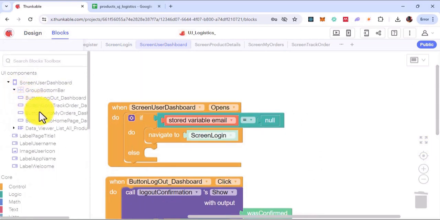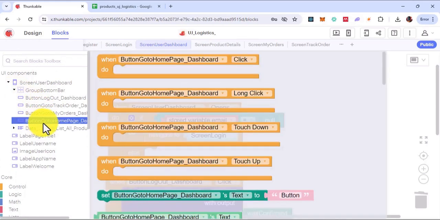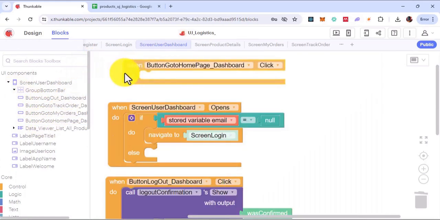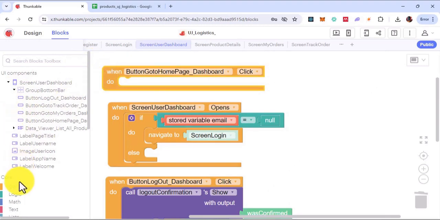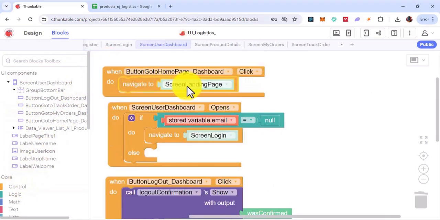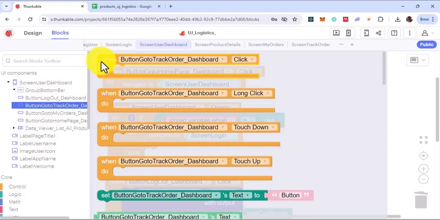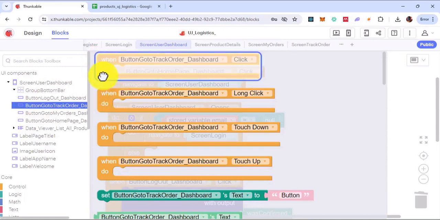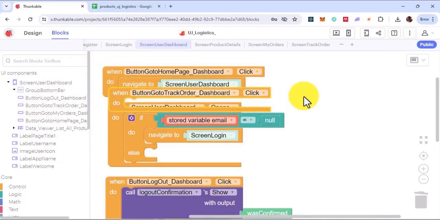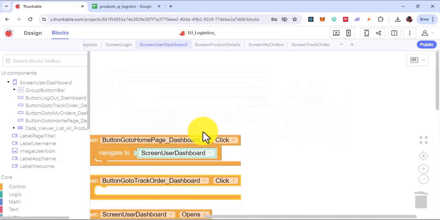I'll say let's start with the home page. When the button go to home page is clicked, where I want to navigate the user to is that dashboard page, the user dashboard. And when the track order button is clicked, I want to take the user to